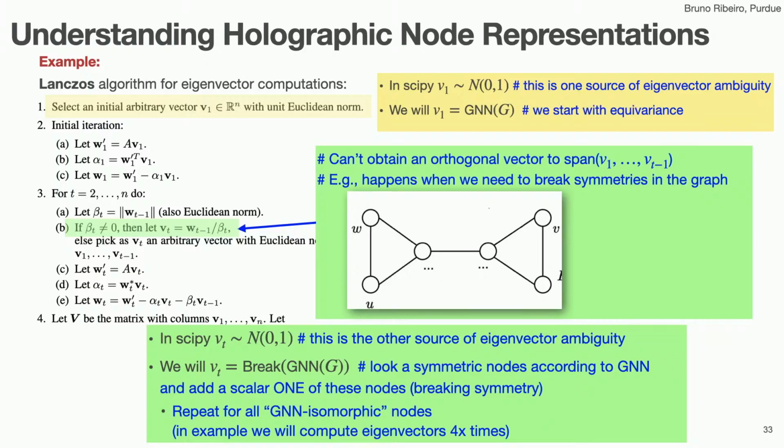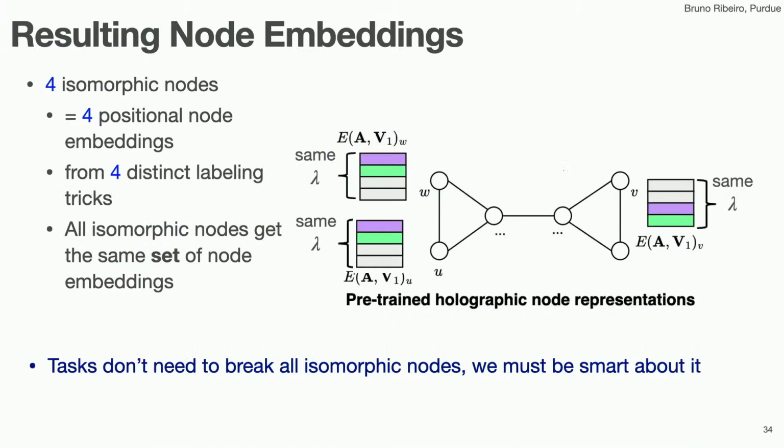Okay, so we repeat for all the isomorphic nodes that the GNN said are isomorphic, essentially gave the same embedding for all of them. In this case, for instance, we are going to do this 4 times. So we got 4 vectors, 4 embeddings, Laplace embeddings for the nodes. Each node will get 4. So then we have 4 isomorphic nodes, for instance. We're going to have 4 positional node embeddings that are these eigenvectors. And then you can think of it like 4 different labeling tricks, right? Because we are breaking symmetry